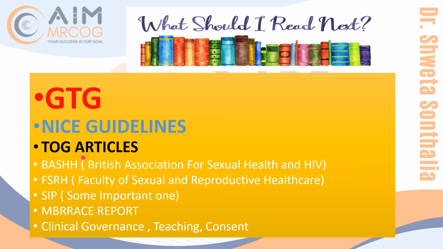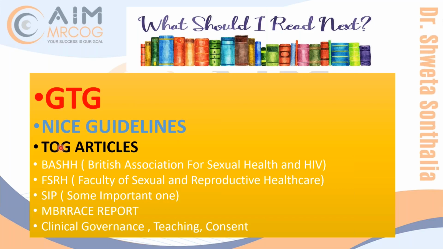Then comes the TOG article. For TOG articles, you really have to do a smart study rather than hard work because this is just like an article, like journals. TOG is the journal of the UK. So what happens? They will write many things which you don't have to read. Some things are written for the super specialization, like infertility specialist, laparoscopy surgeon, oncologist, and all that. So not everything you have to read one by one, page by page, first page to last page, first word to last word. No, it does not have to be read like the guideline.